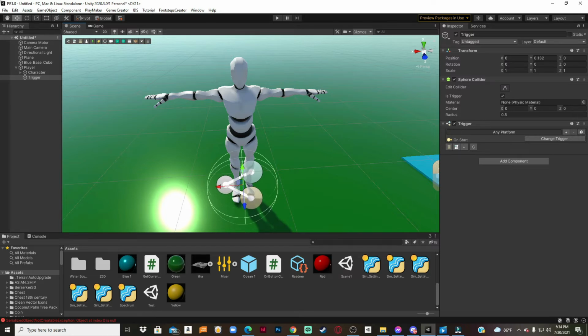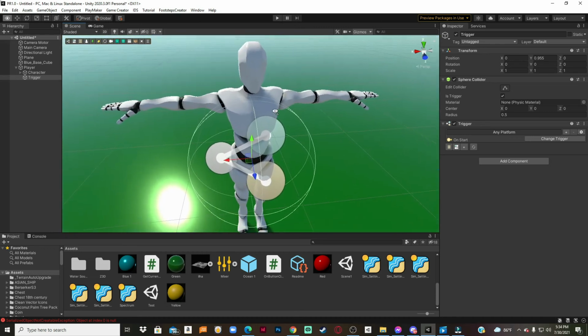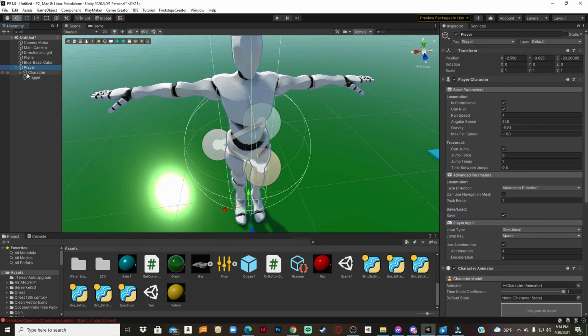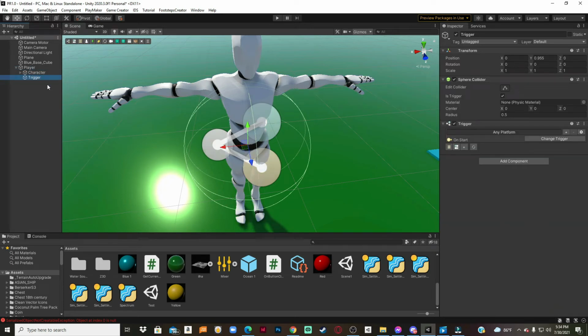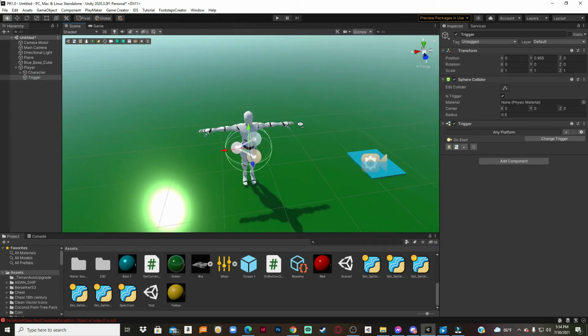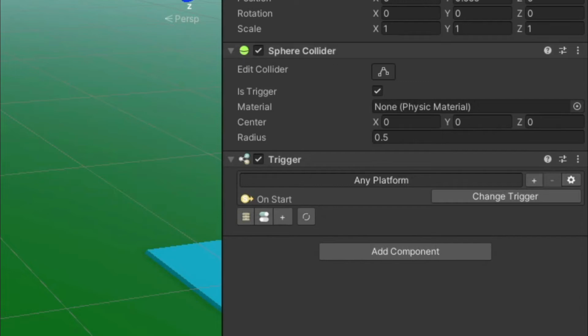If you click the arrow with the move tool, we can bring that up and put it around the bot's waist here. Alright, so we have our player with a trigger collider on it, and the trigger collider is a child object of the player, and that's fine, because we want the trigger to move with the player at this time. And if you notice, we have our trigger options here. We have a sphere collider, which is the round object